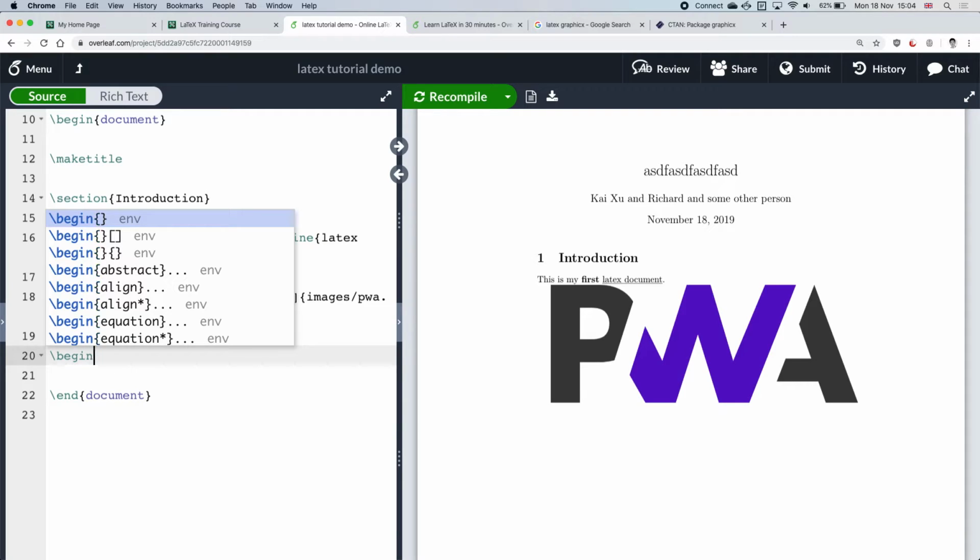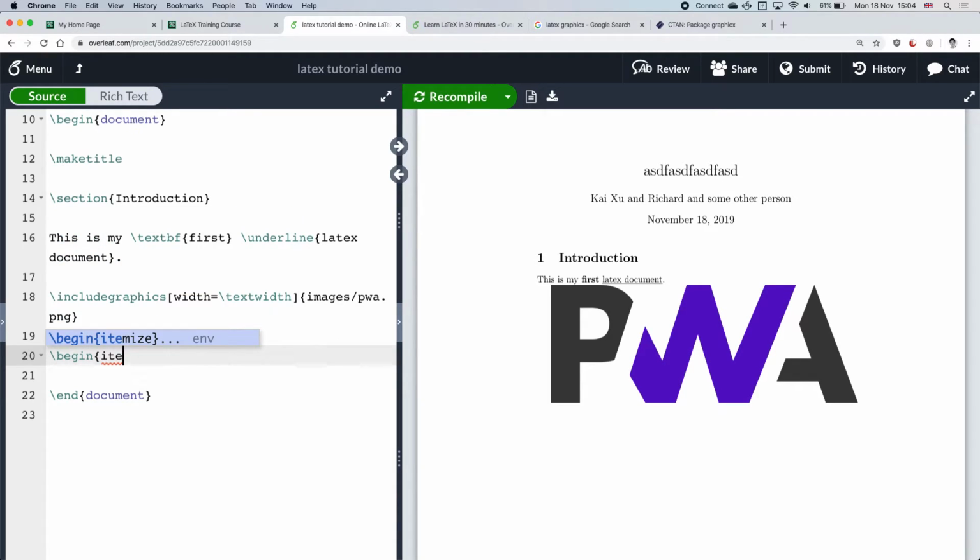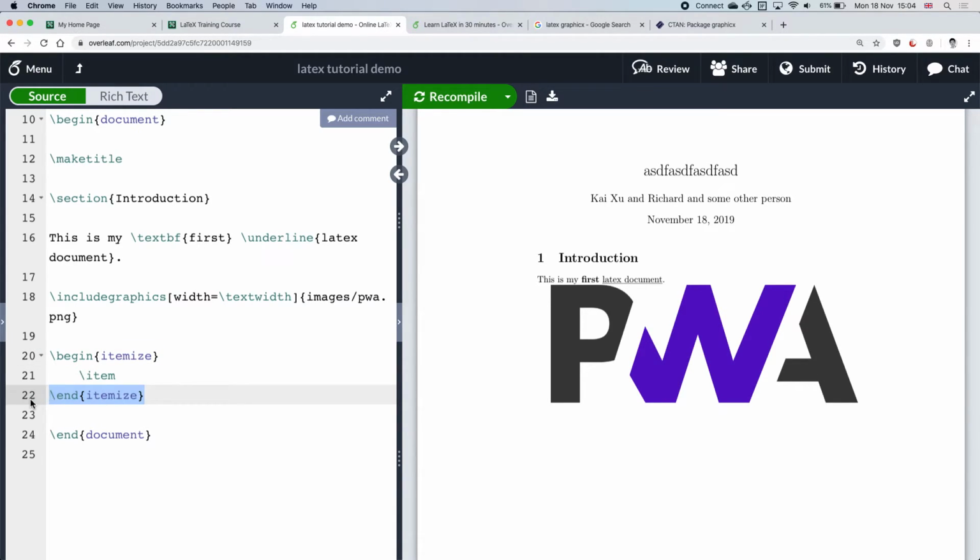And in this case, I want to do, say, bullet points. So I need to use something called itemize. It's maybe not the easiest name to remember, but then it will automatically generate. So you have this begin and end to mark where the list would be, and each list item starts with an item. So this is item 1